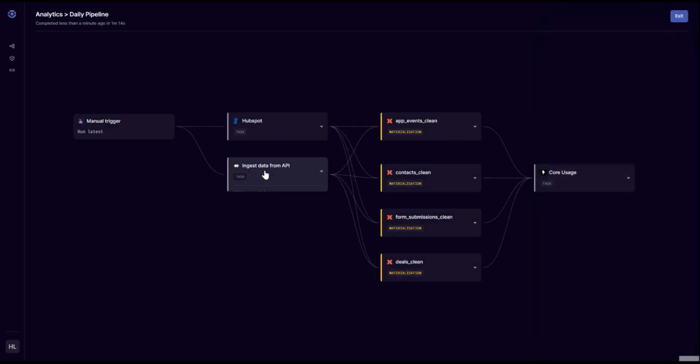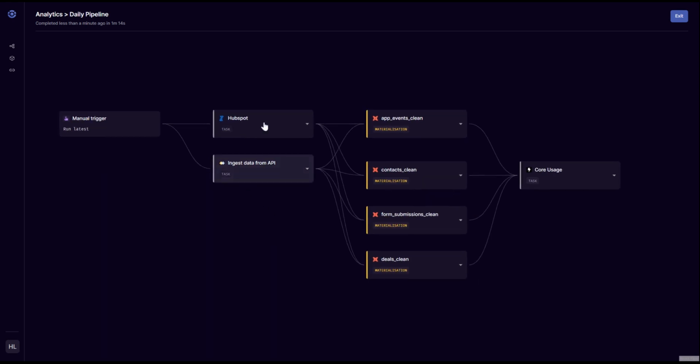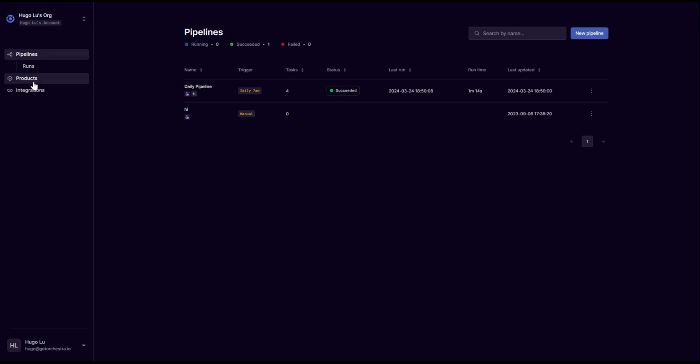So yeah, that's how you use Orchestra to connect to Portable, and that's how you integrate Portable into your data pipelines. Hope you enjoyed, and if anyone